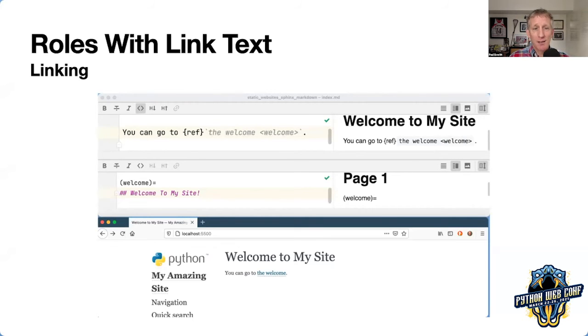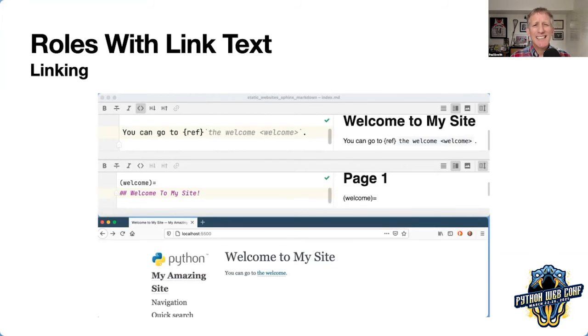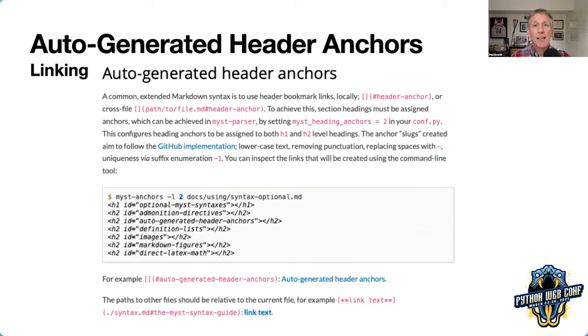I would like to point out, though, look at the lower thing in my editor where I put welcome equal. Wouldn't it be nice if I didn't have to do that? Wouldn't it be nice if there was a tool which would just make role names out of the text that you used? And you wouldn't have to think about it. Don't make me think. There is a way to do this, auto-generating header anchors from the text, and then auto-generating the roles that go with it. Pretty handy. It may be one of those conveniences that proves inconvenient. If your link text isn't stable and changes a lot, then you will break some of your references.